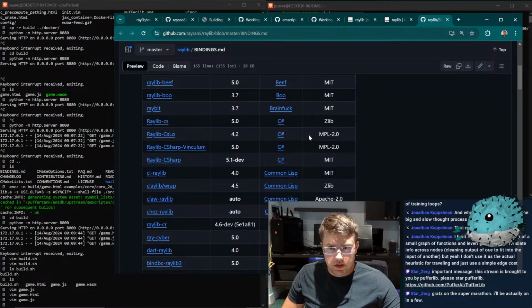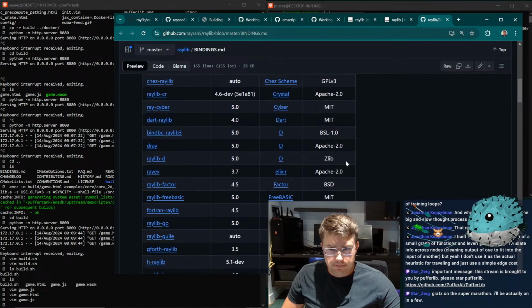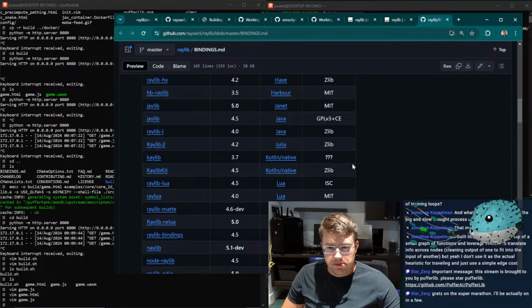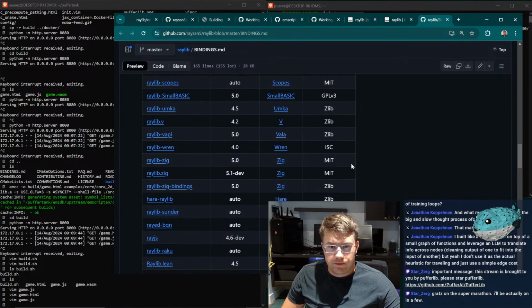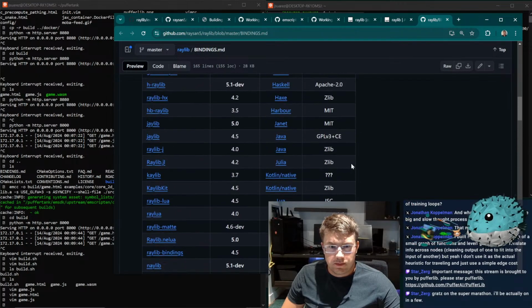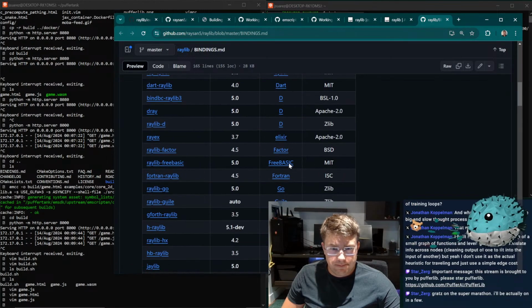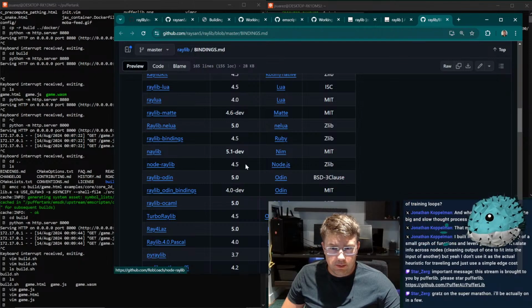I saw something I didn't like before in here that there was like... Yeah, I don't understand how there's a binding for Node.js but not for JavaScript.